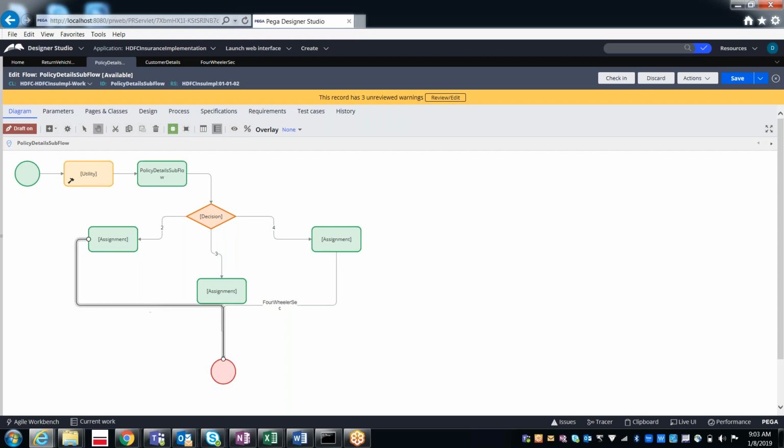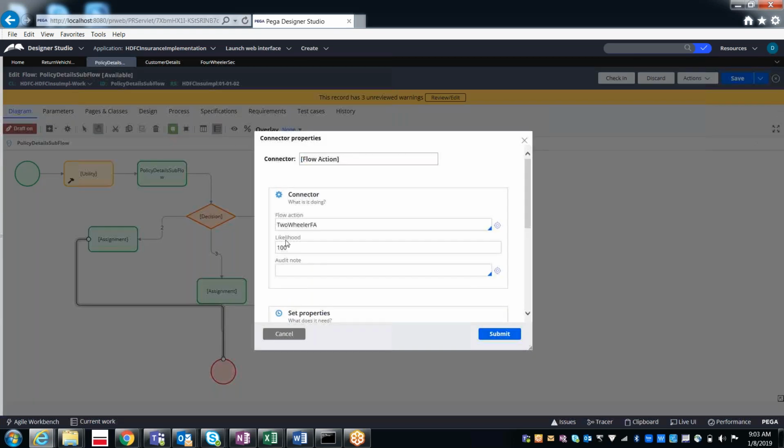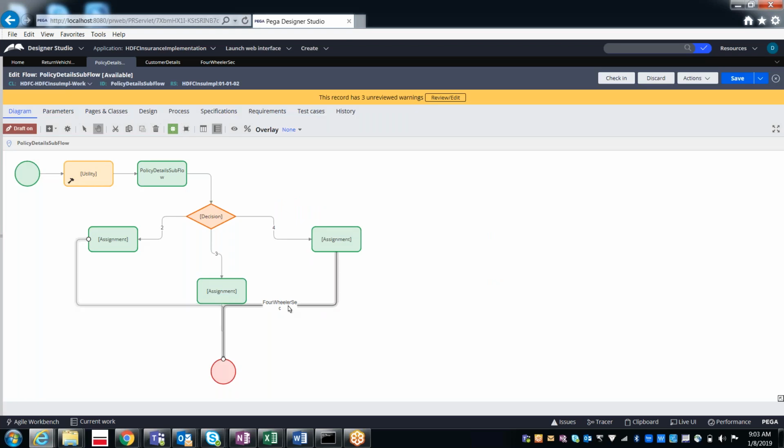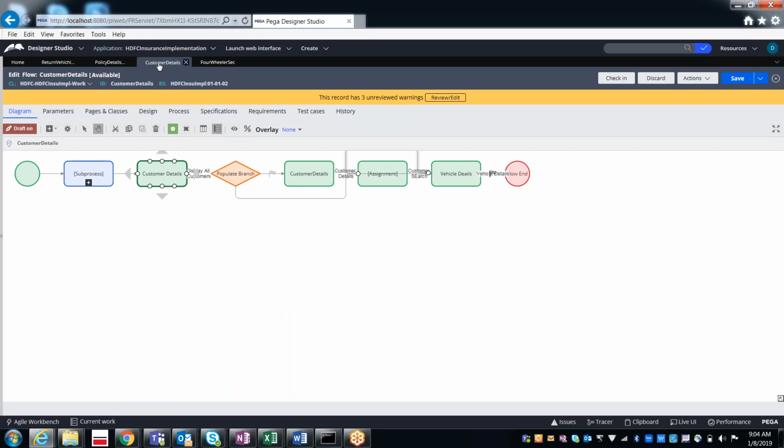For two-wheeler, one flow action, for three-wheeler, one flow action, and for four-wheeler, one flow action. But out of these three flow actions, what exactly is the difference in the user interface?